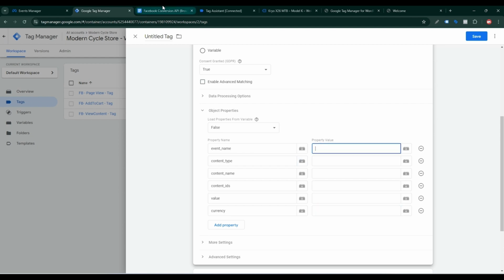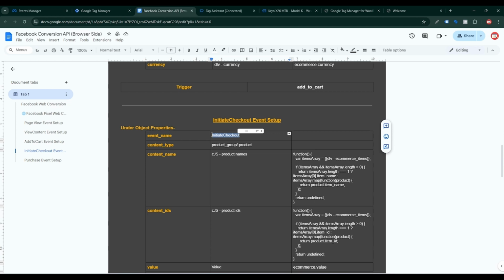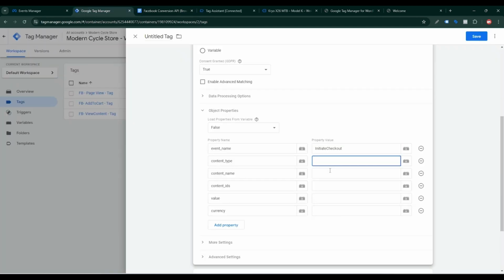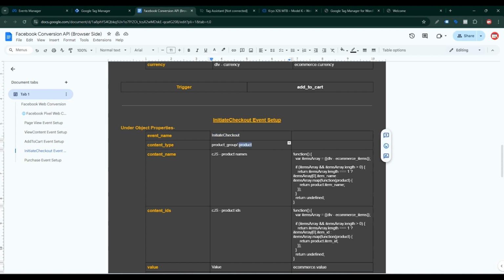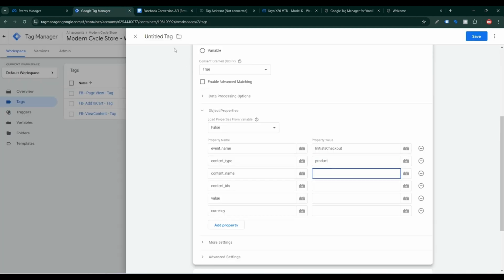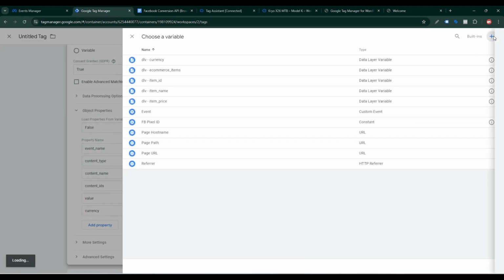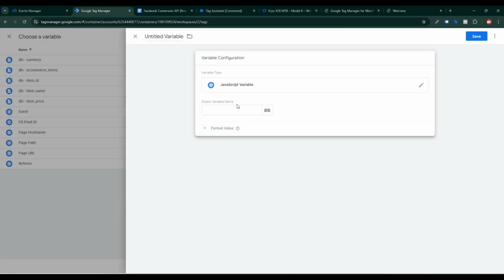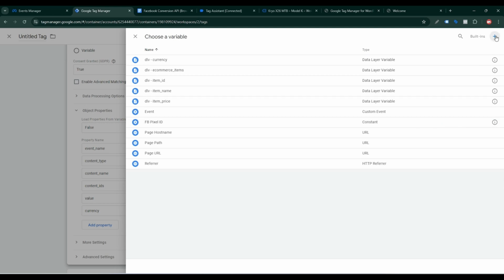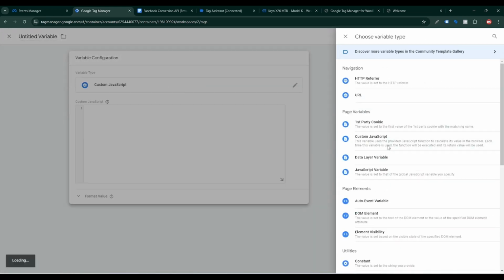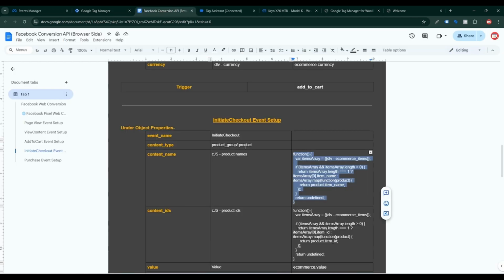The event name is initiate checkout, so copy this initiate checkout, then paste here. The content type is product, so copy, then I need the content name. If any visitor clicks on initiate checkout, he or she may purchase many products, so I need to tag many products. I need a JavaScript, so copy this JavaScript code, then find custom JavaScript. Sorry, this is not it, so click again, then find custom JavaScript, then paste this code, then give it a name,